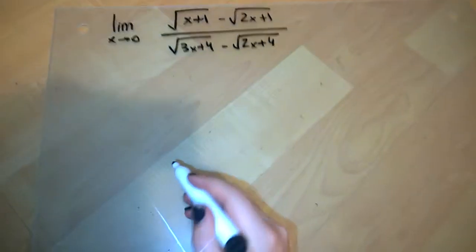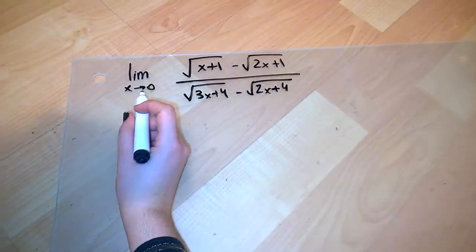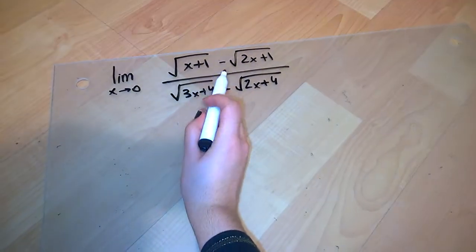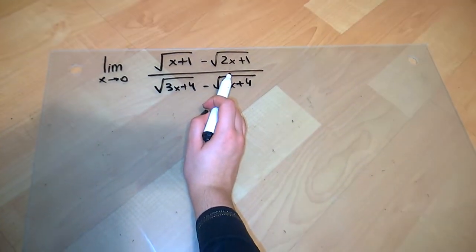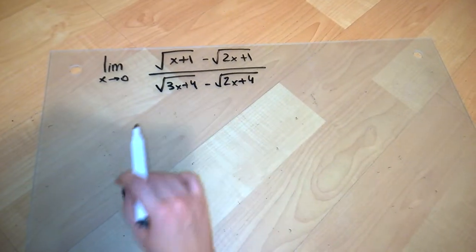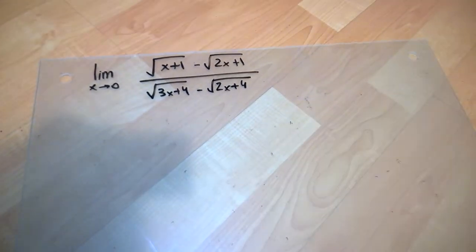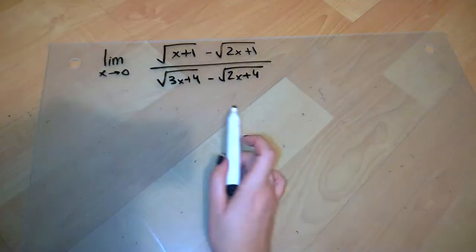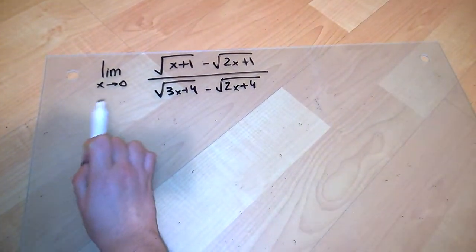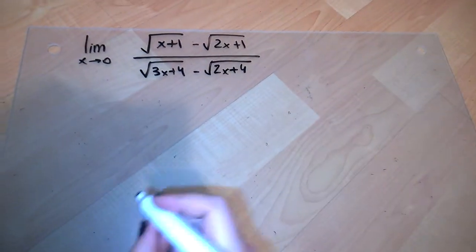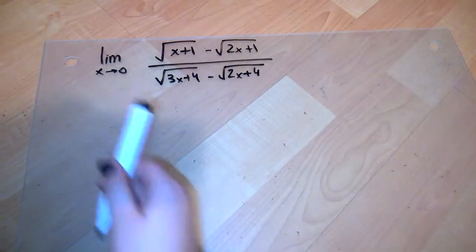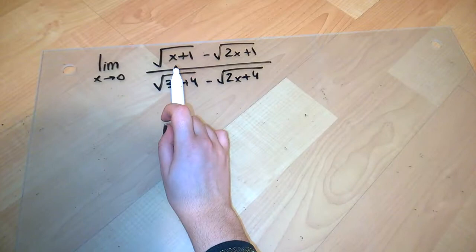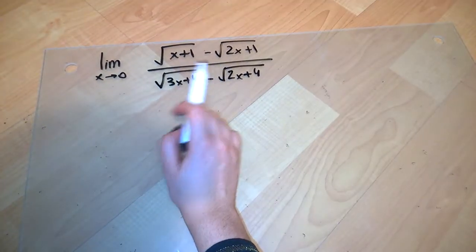So, hi there. Today I'm going to show you how to solve limits, and I have chosen this rational function: the square root of x plus 1 minus the square root of 2x plus 1 over the square root of 3x plus 4 minus the square root of 2x plus 4, and we are finding the limit as x approaches 0. Okay, so the first thing you might try when solving this limit is to set x equal to 0,